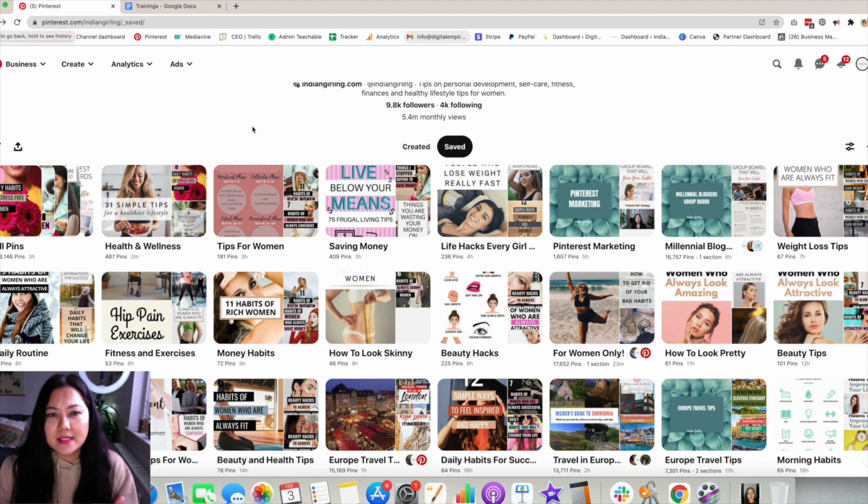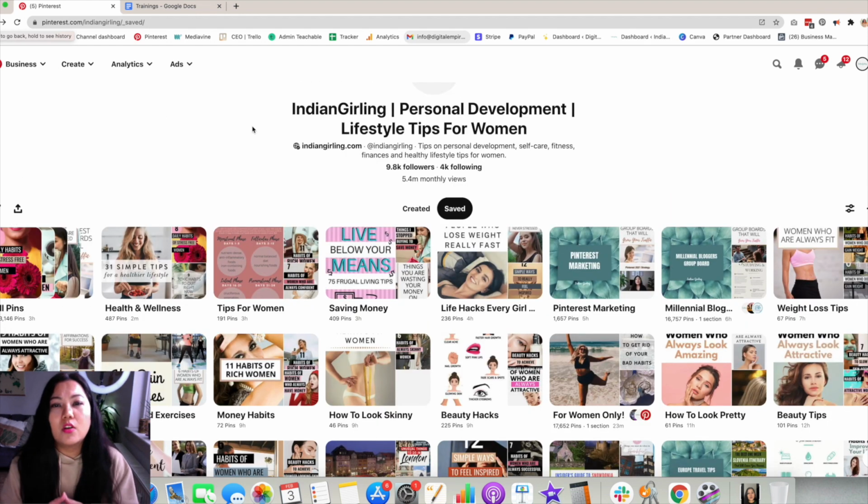So I hope that makes it easier, because earlier there was a lot of different things that you could look around when it came to someone's profile, but now you just have these two options. And if you run a shop on Pinterest, you're also going to have an option which basically shares everything that you've uploaded to your shop. So there's going to be a third option here, which is going to be a shop. So if in case you don't have that or you're not selling products on Pinterest, it's not really relevant for you.